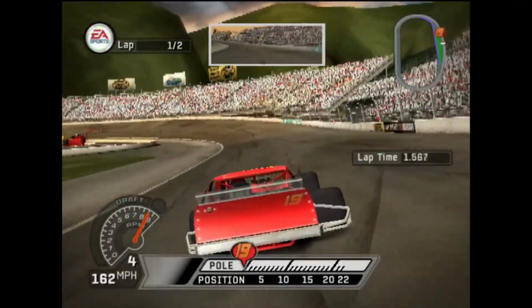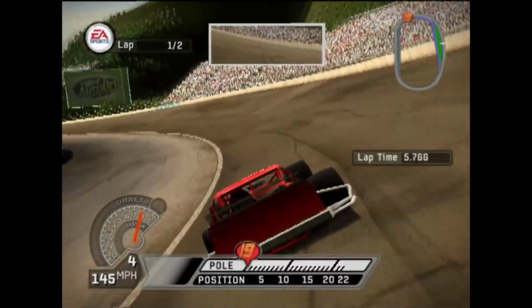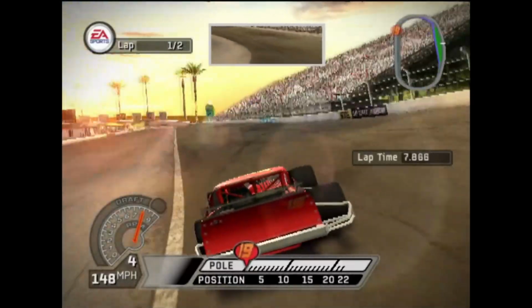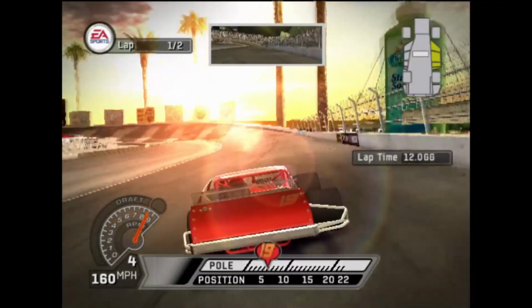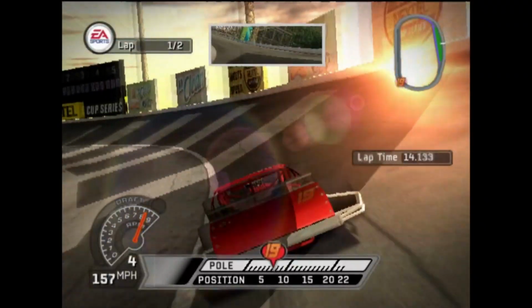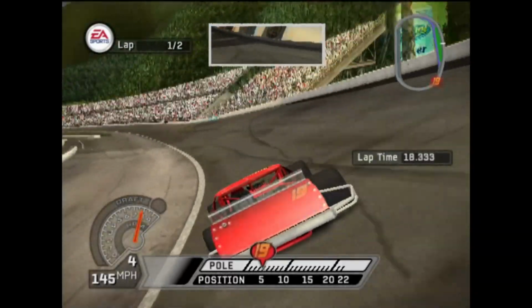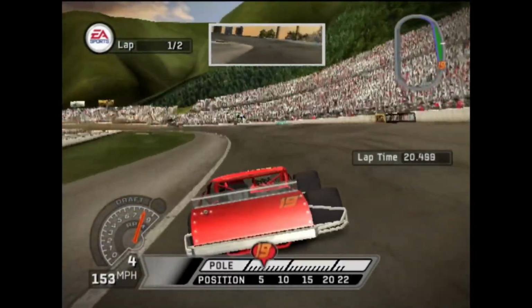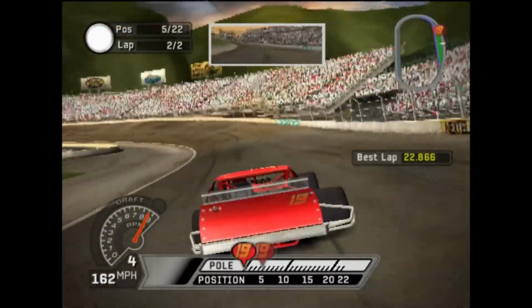Alright, here we go. Don't hold anything back. And we're getting a little bit too high out of the groove in turns 1 and 2, but we put it right down the bottom, and that is exactly what we want. Scrape the wall a little bit down the back straightaway. Into turns 3 and 4, put it right down the bottom. We need that pole. We need that clean air. This is not going to be it. P5, we're going to see if...